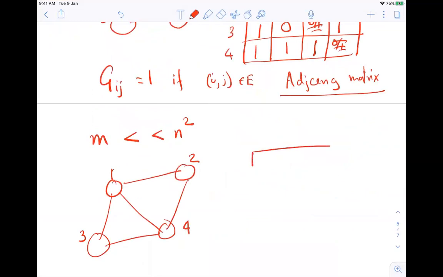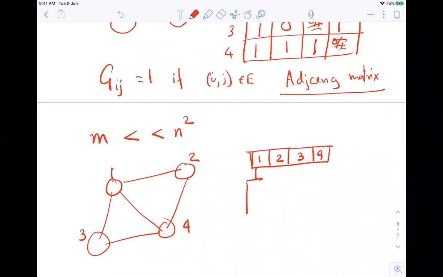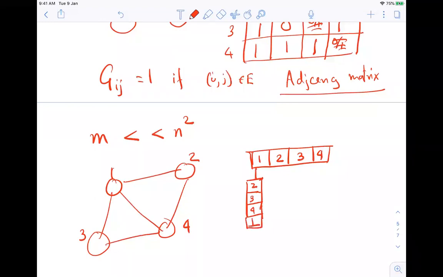There, we write the vertices as 1, 2, 3, 4. Now, from each vertex, there is something hanging. What all edges does it have to? So 1 has an edge to 2, an edge to 3, an edge to 4, and then finally an end-of-list marker.